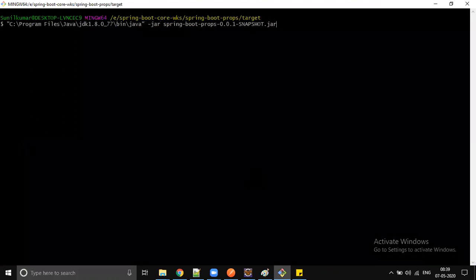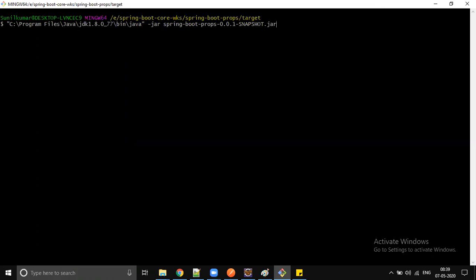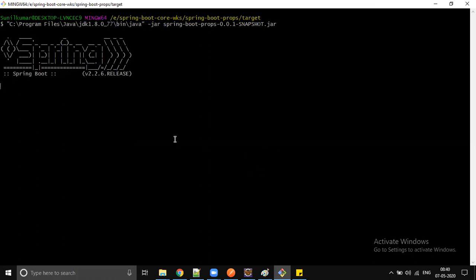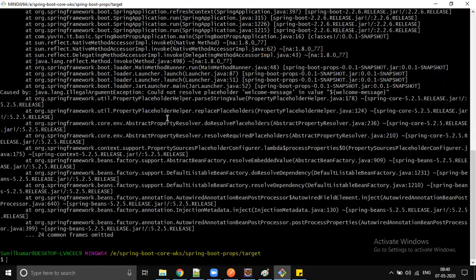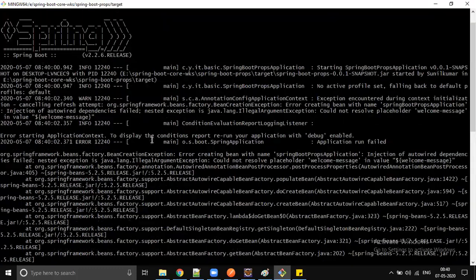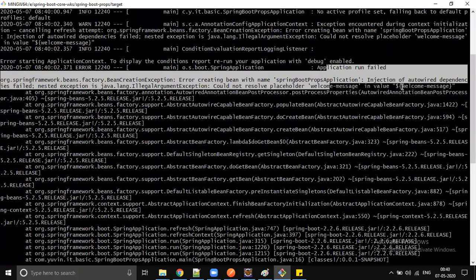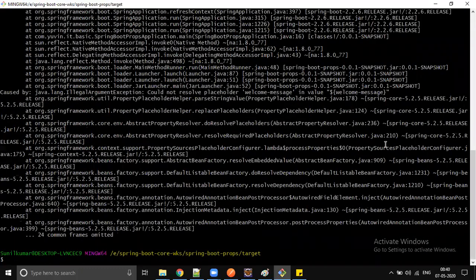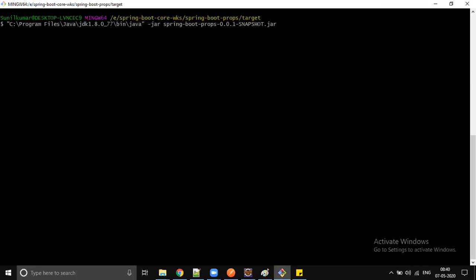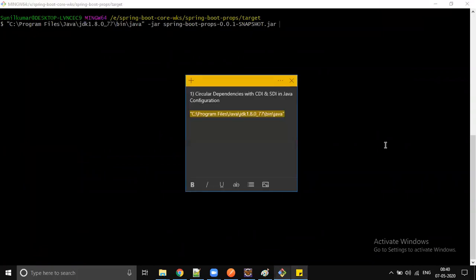You just type the Spring Boot application, Spring Boot properties jar. Still our application will fail because that property binding is missing. Whether you're running from an IDE or running locally, both are the same because the property binding is missing. So I will fix that issue by passing the properties file which is in my local system.